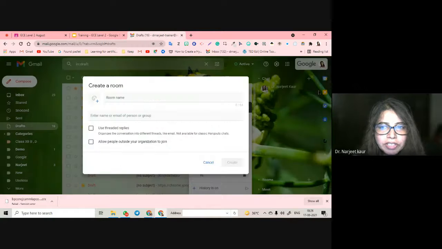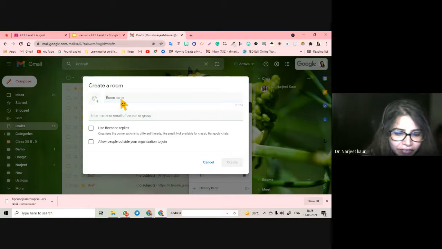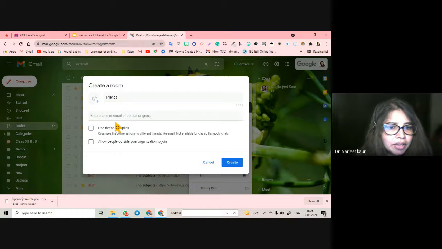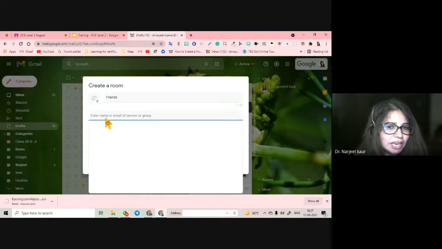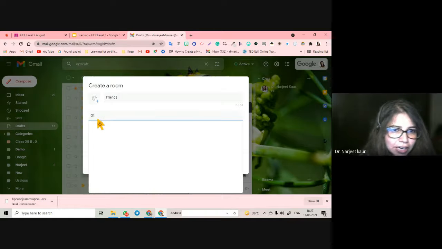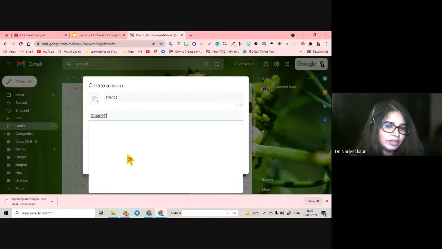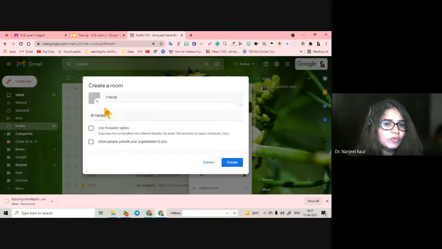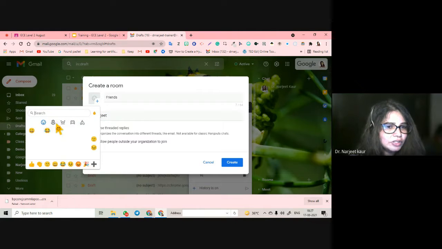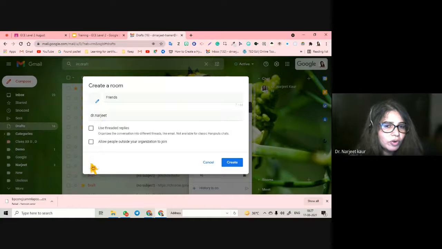You can create a room of people. Room name, say friends. Okay, you can enter an email address or the name of the person in that. Start adding and you are done. So whenever you are starting a chat, that room will open up for all 2-3 friends that you want to chat with. This is how we create a room for our chat. You can give it an icon also. You can give it a logo also. Or more logos you want, you can go and change this logo.